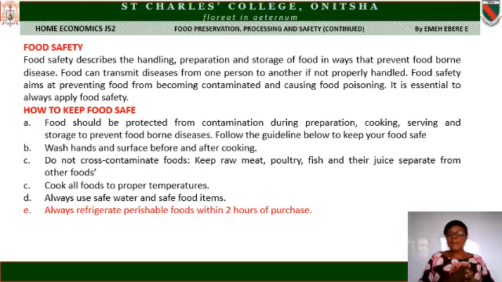The next one is cook all food to proper temperature. There are some foods that are meant to be cooked for a long period of time. Don't be in a hurry. Cook them very well so that you will not contract any form of infection. For example,